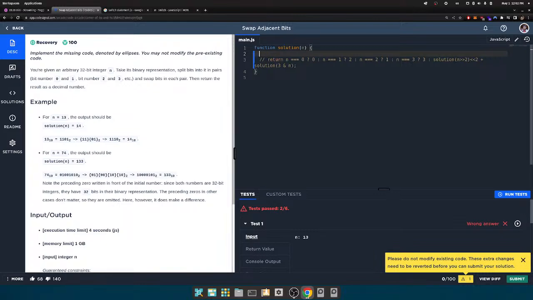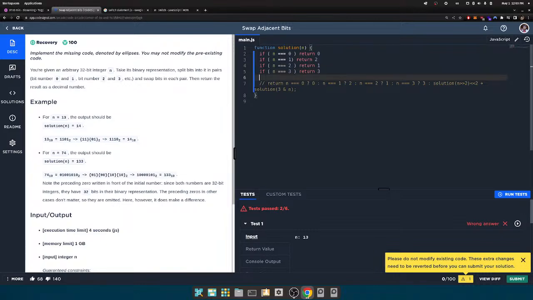So cool. So if n equals 0, then return 0, right? If n equals 1, then return 2. If n equals 2, then return 1. And if n equals 3, then return 3, right? So because it's the same. Okay, so